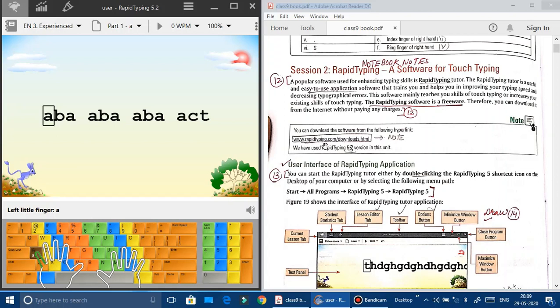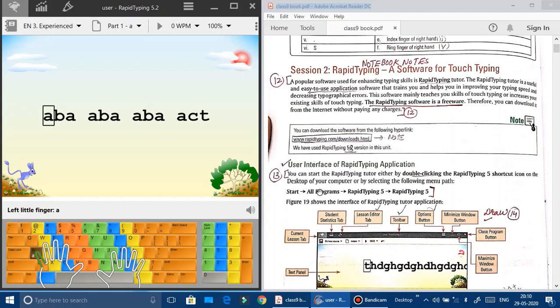You can download it from this particular site, and software version 5.2 or 5.3, they both are similar. You might have downloaded 5.3 earlier. I was also having 5.3, but now I have downloaded 5.2 just to compare which software has which features. They are almost the same. For your course of study it will not make any difference whether you have 5.3 or 5.2.